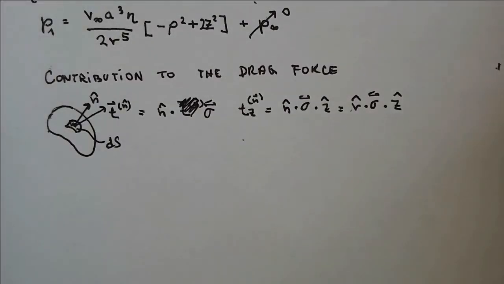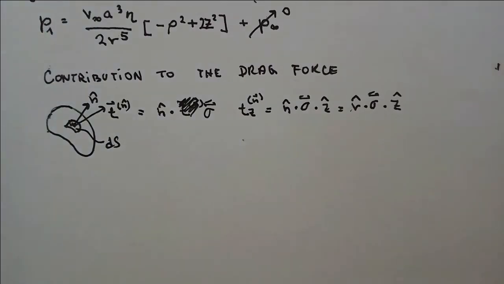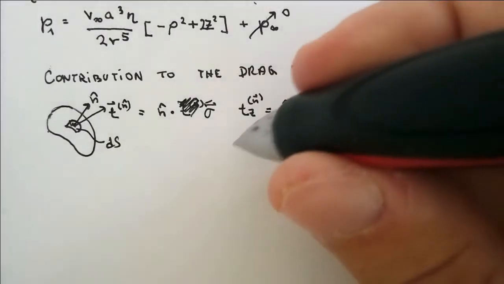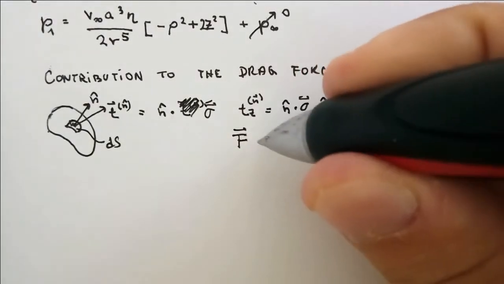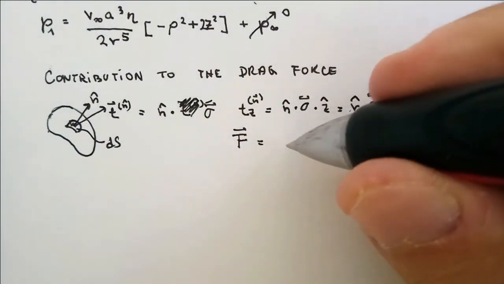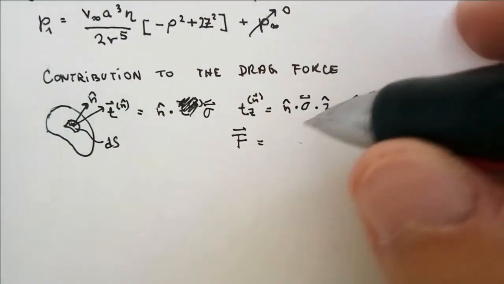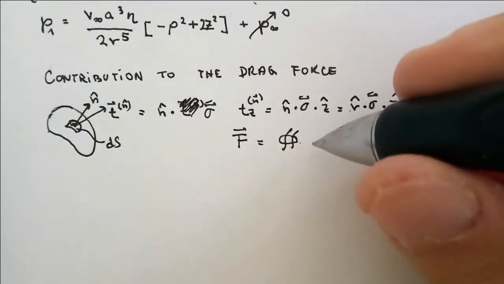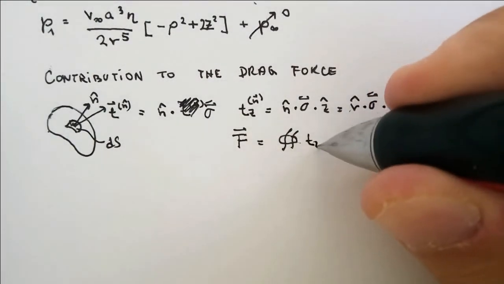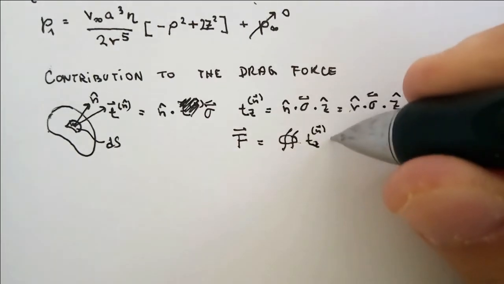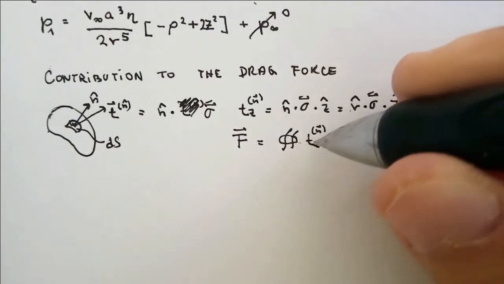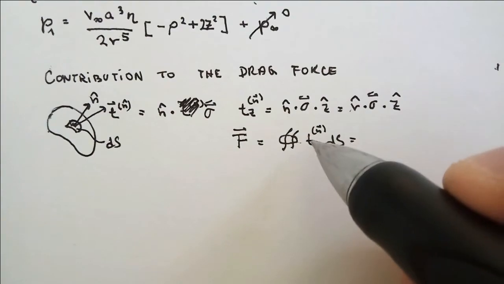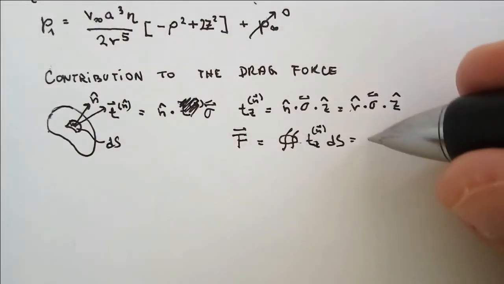With a sphere. So now the force can be computed. The force of drag can now be computed as the double integral of this T dot n times dS, and as you know, this is not depending on phi, so it's gonna be 2 times